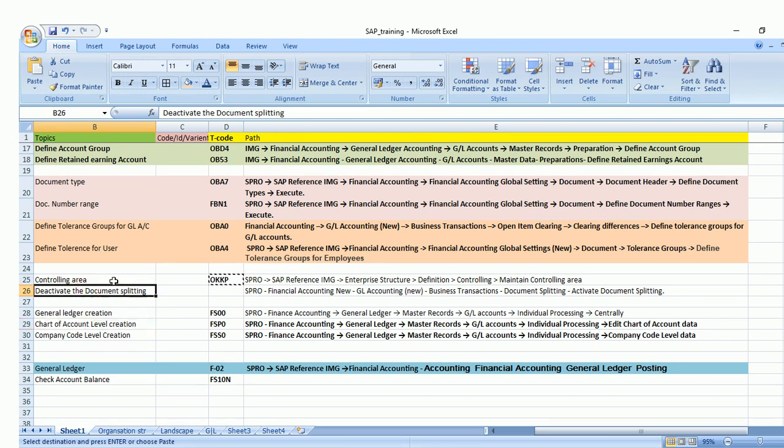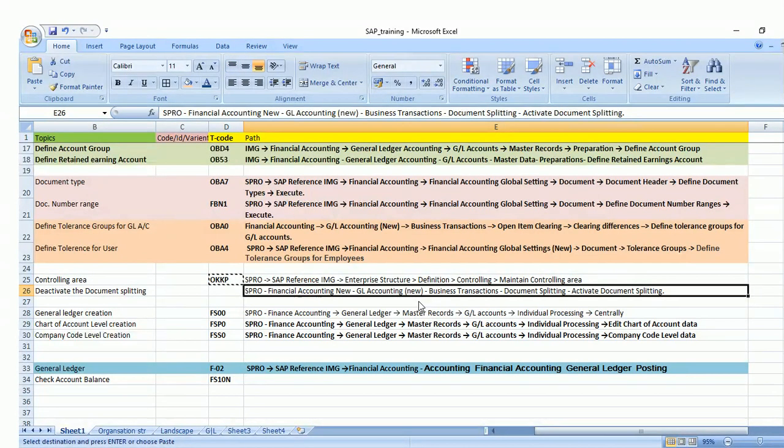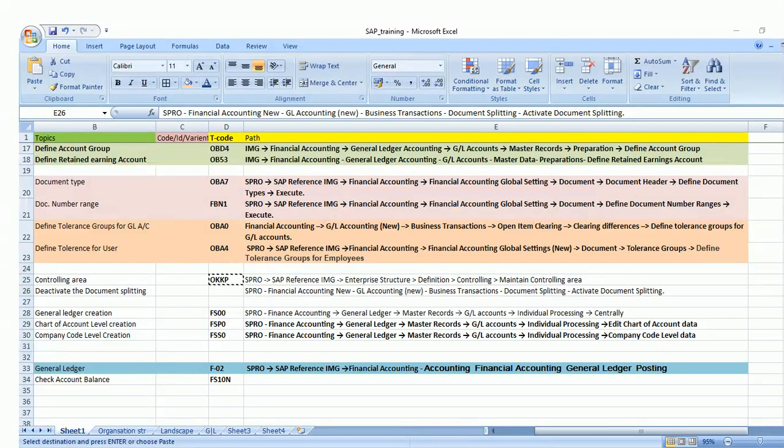Now, okay, one more prerequisite after controlling area is to deactivate the document splitting. Document splitting is one of the topics in SAP which we will cover after our general ledger. We will cover this document splitting. Okay, so we just have to deactivate it, otherwise the system will not allow. So we have this path which we have to follow: financial accounting new, general ledger accounting new, and business transaction.